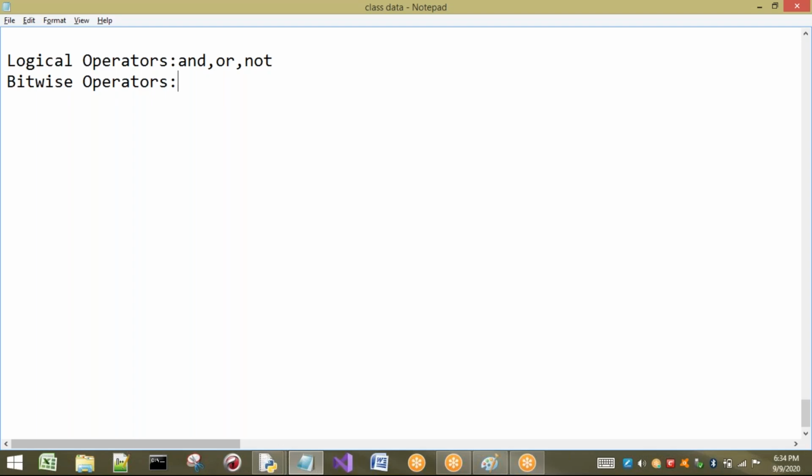Okay. Right. First, I will show you the different types of operators we have in bitwise. So first, I will explain what is meant by bitwise. Bitwise. I am going to separate this word. Bitwise. That means what? For every bit, we have to perform an operation on every bit. Okay. Bitwise, for every bit. You have to understand this one. Bitwise means for every bit in the given value.